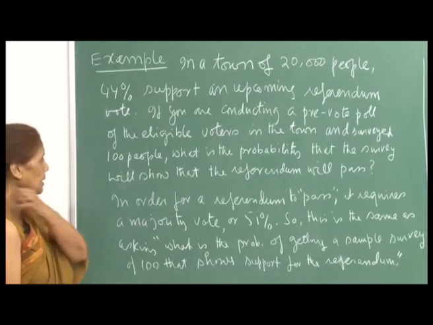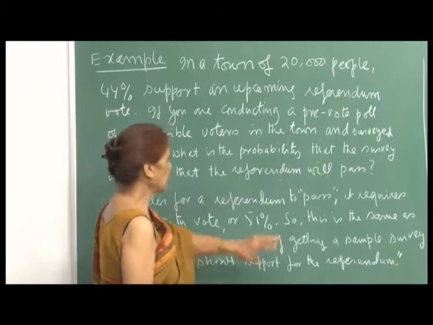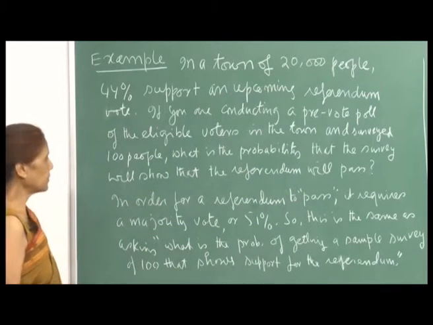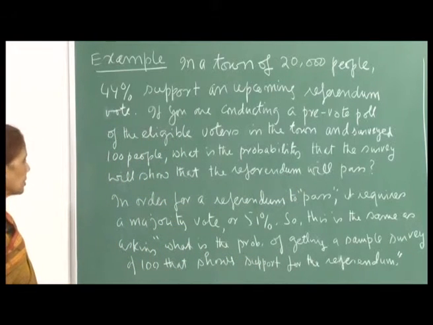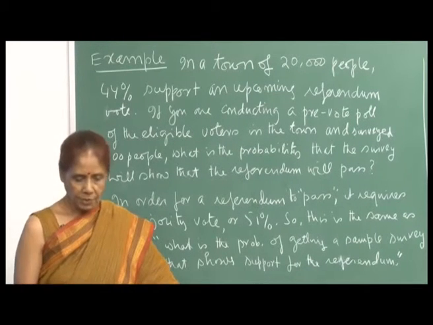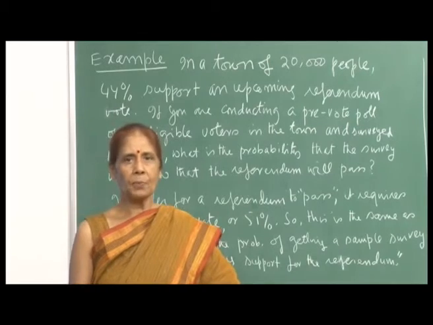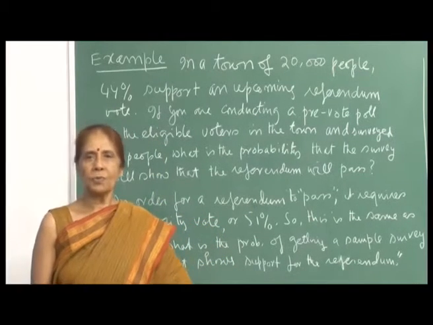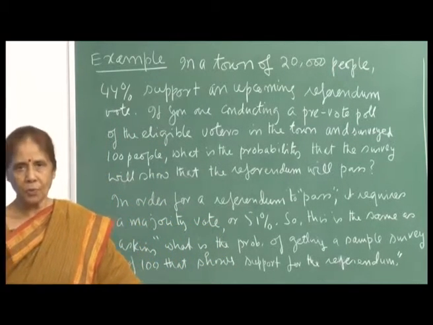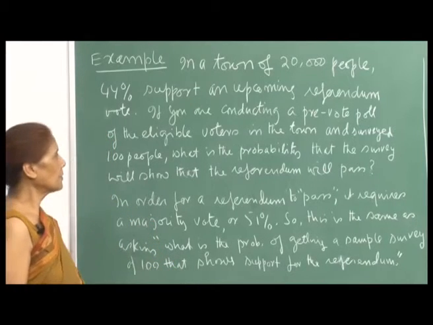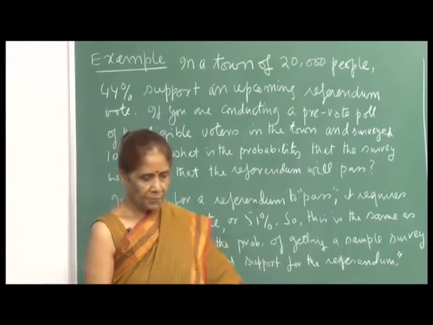Okay. So, one needs to understand what we mean by the referendum will pass. In order for a referendum to pass, it requires a majority vote, or 51%. See, even though the feeling is that 44% support it, you never know at the time of the voting, more people may vote for the referendum and so on. So, therefore, when you conduct a pre-vote poll,